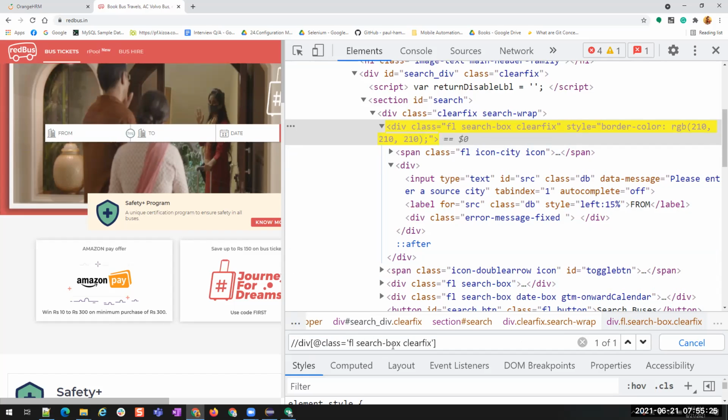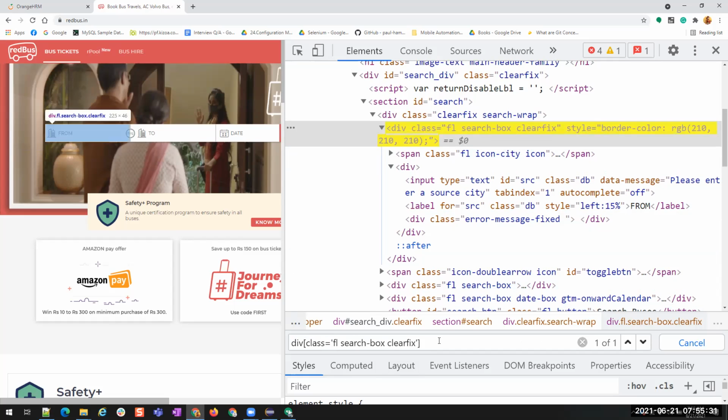But in CSS we do not use the slash and we do not use the @. That's all. This is the same in long notation, or attribute notation. But if I want to use the short notation, that is dot, then if I use dot, this will not work. You see, is it finding the element?